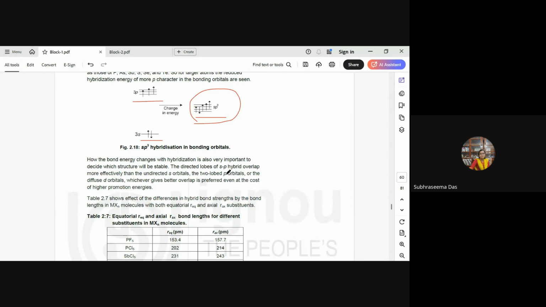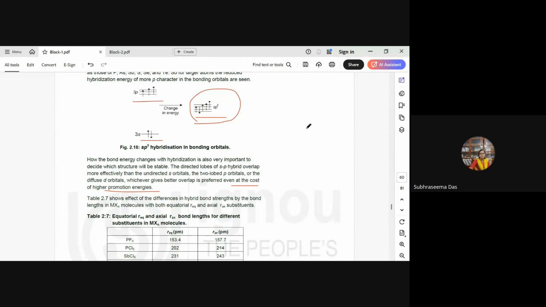The lobes of the sp hybrid overlap more effectively than the undirected s orbitals, the two-lobed p orbitals, or the diffused orbitals. Whichever gives better overlap is preferred, even at the cost of higher promotion energies. So this is one of the rules: whenever there is a better overlap of the different types of orbitals, the geometry with the maximum overlap, even though the energy is high, is considered to be